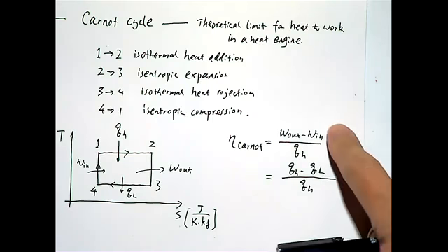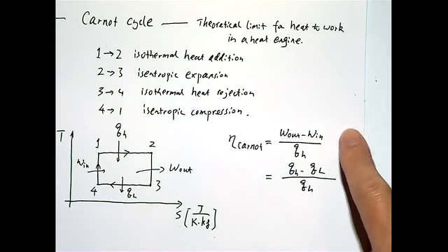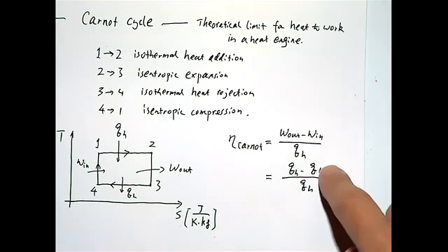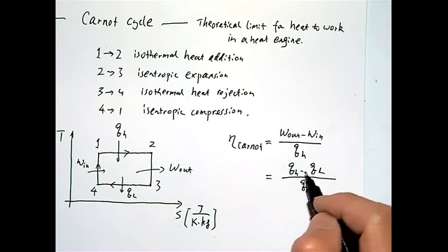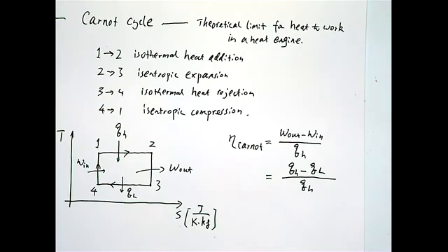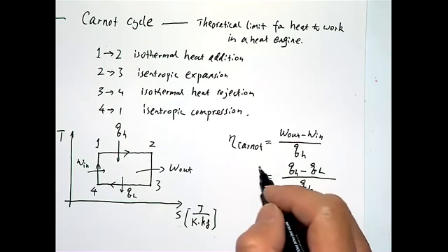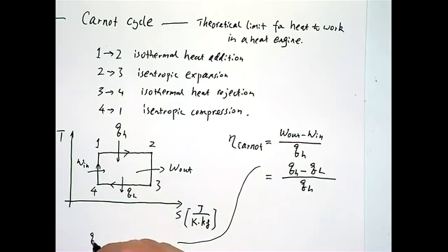And the reason I can write this, I can have this net work equal to the net heat transfer to the system, is because if I apply the first law to a cycle, I should be able to get this. So you apply Q minus W equals delta U. Let's say it's a closed system, just for the purpose, but it doesn't really matter. The first law must be obeyed for all the processes happening here. If you apply this to a cycle,